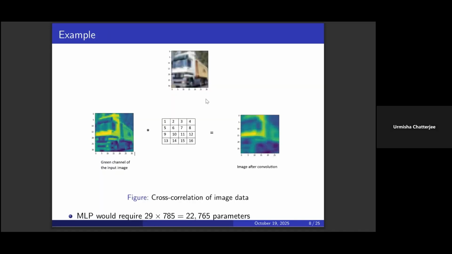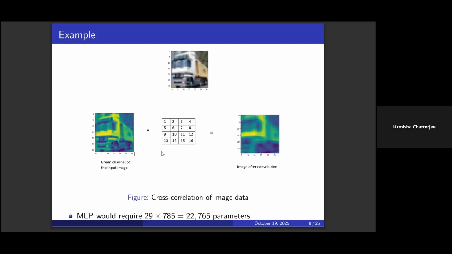Here is a small representation with an actual image. The image above is actually a truck. I have taken this image from the CIFAR-10 dataset. This is an RGB image. So far I have discussed the cross correlation operation for a two-dimensional array. From this RGB image, I have only considered the green channel, that is the second channel, and then applied cross correlation with a 4 by 4 tensor. The values you see inside the kernel are arbitrary weights. This is just an example to show.